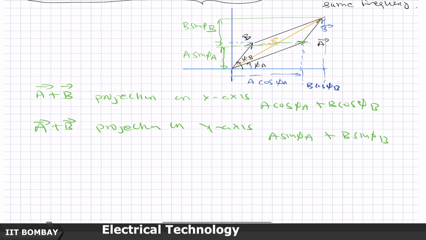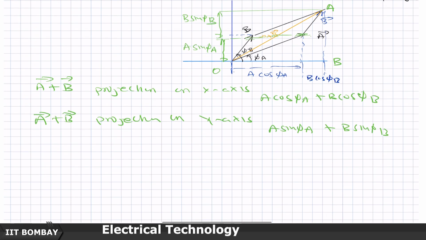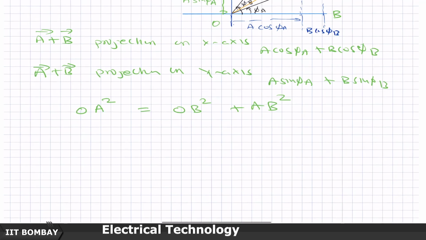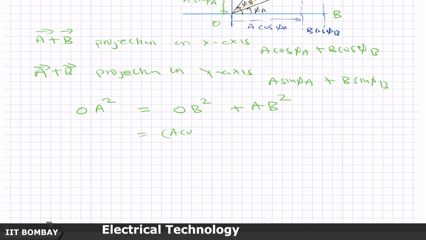So by the parallelogram law of vector addition, we are going to apply the Pythagoras theorem on this right angle triangle. For that, let me call this point O, A, and say B, just for the sake of it. So the resultant OA square is equal to OB square plus AB square, and OA square is (A cos phi A plus B cos phi B) whole square